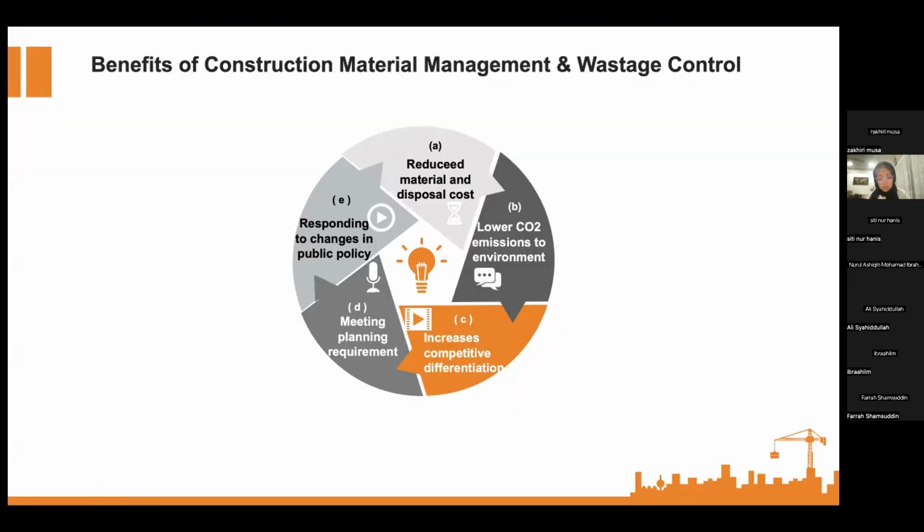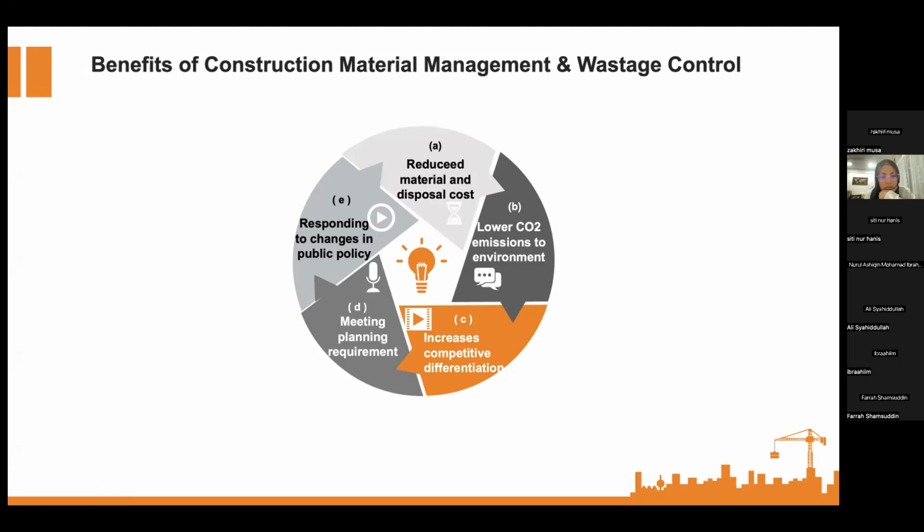So this slide is about the benefits of construction material management and wastage control. The first one is reduce material and disposal costs. Good planning on material handling could reduce the waste generated, hence reduce the material wastage. It means that less waste can be taken to landfill, and at the same time will reduce the fees for